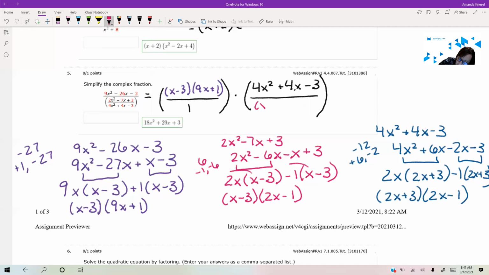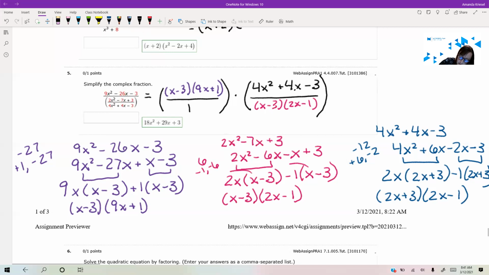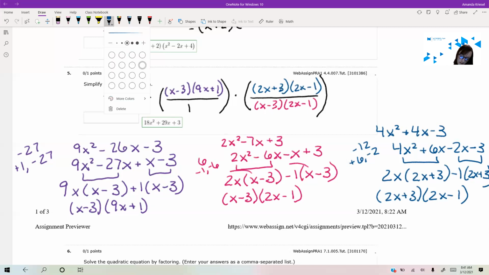And I get this x minus 3, 2x minus 1. And then lastly, we've got this factor up here. This is going to leave me with 2x plus 3, 2x minus 1. All right, and then let's just look at, do we have any common factors that I can